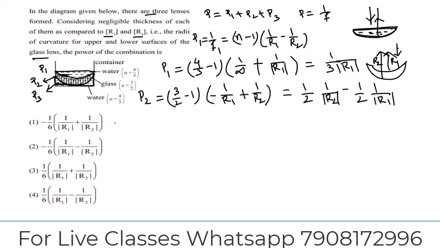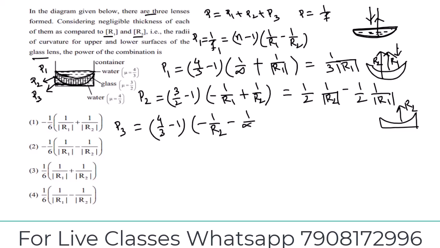Now, calculate the power P3 of the last lens, this lens made of water, and the radius of curvature of this surface is R2, and it will be again negative. So, n minus 1, that is 4 by 3 minus 1, into 1 by R, that is here R2, the radius of curvature of the first surface is R2 and it will be negative. So, minus 1 by R2